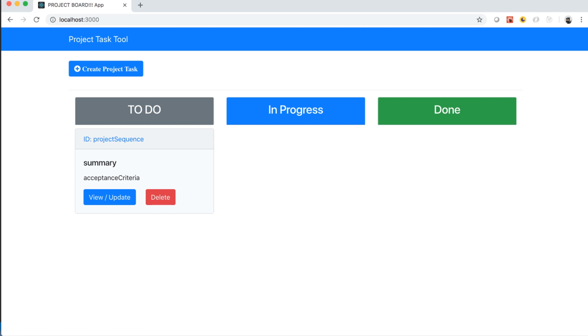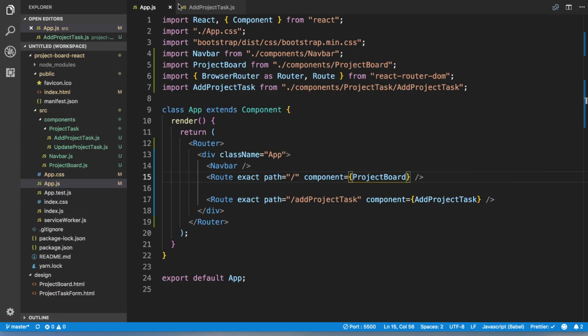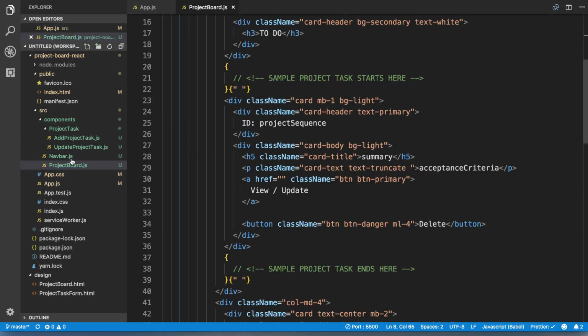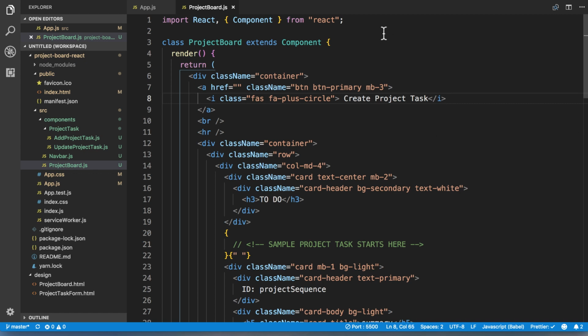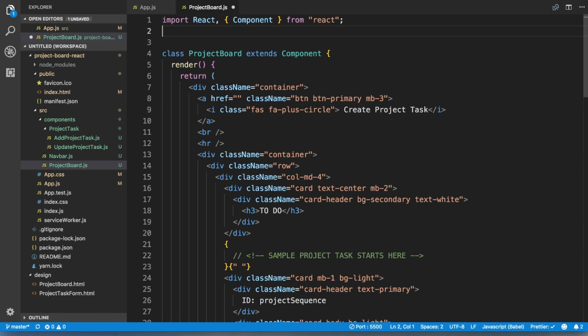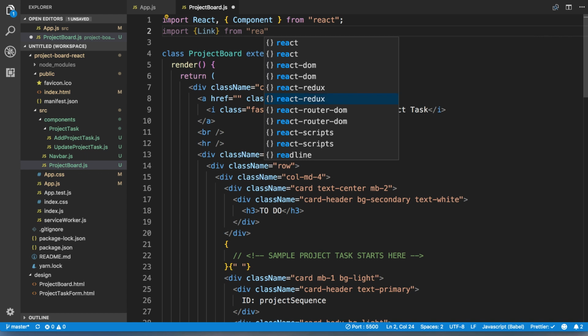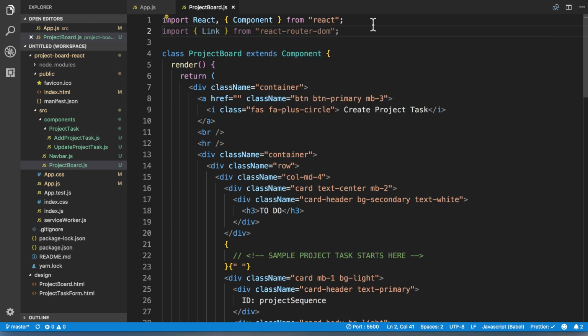All right, so the next thing that we want to do is we want to be able to navigate to the form from here. How are we going to do that? Well, for this, we need to go back to the project board. Just close out of this here for now. And I'm just going to go back to my project board, and I'm going to import something else from React Router DOM, which is called Link. Import, again, the destructuring Link from React Router DOM. Perfect. So now what we're going to do is get rid of this A tag here,